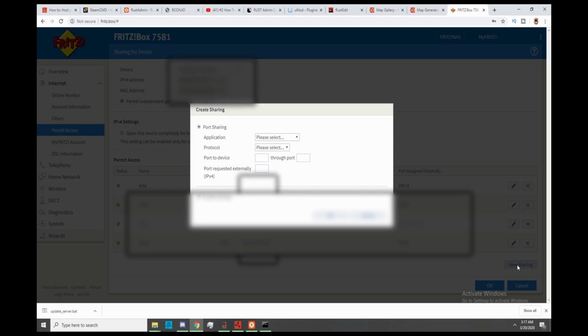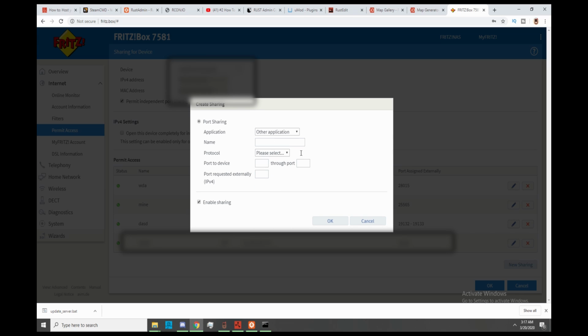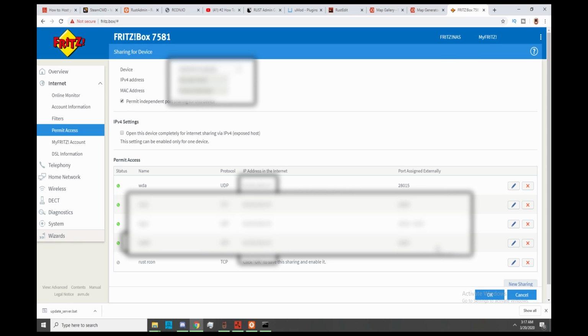I'm going to do new sharing, and it asks me what kind of application. I'm just going to say other. Once again, this might look totally different for you, but I hope you understand what I'm saying. I'm going to say Rust TCP and protocol TCP, because it's, I should say, probably Rust Archon. And it says port through port, so it's just 28016 through port 28016 and enable sharing. Yep. And now I set up the Rust Archon